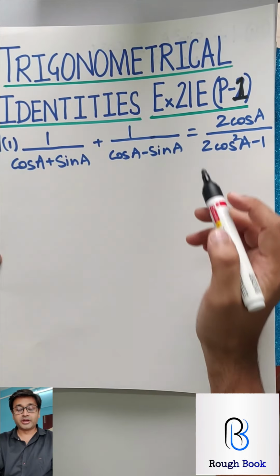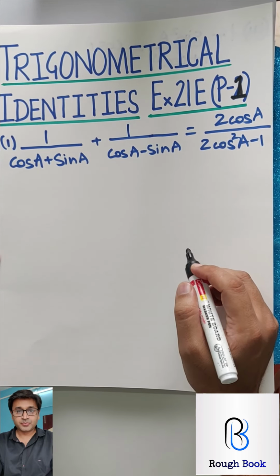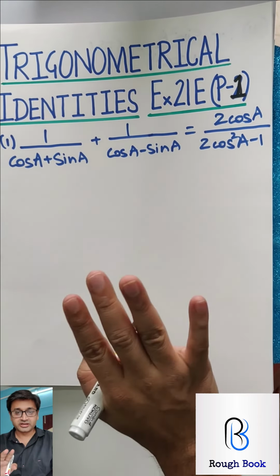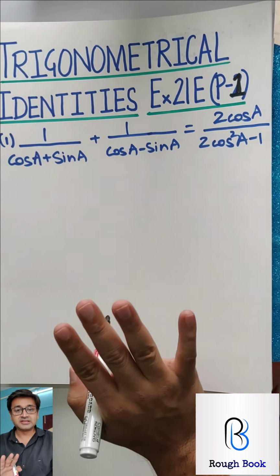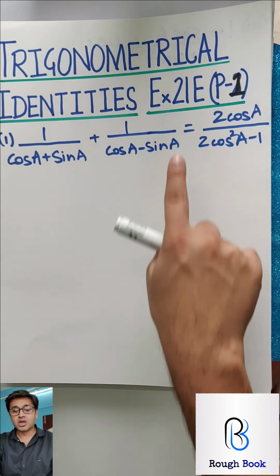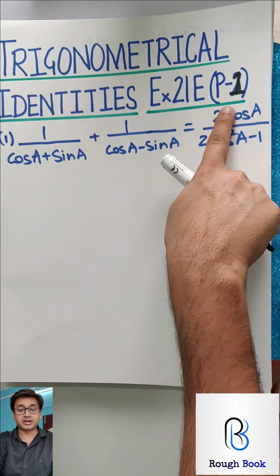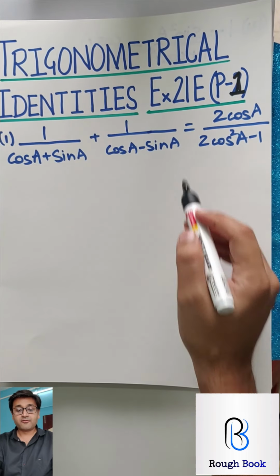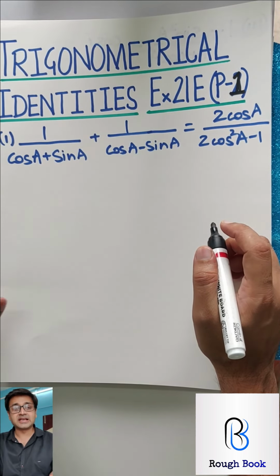Hi, we're getting into 21E. We finished 21B in the last video. 21C is not there in your syllabus, so you can cancel that exercise. 21D is a very simple exercise which I will merge with 21E part 2 when I do. So with that I will merge that one. Right now we are getting into part 1 for 21E. Why? Because this is very much related to exercise A and B.